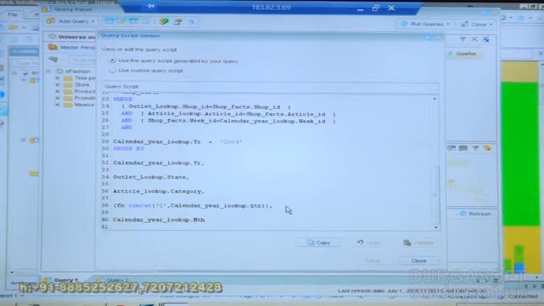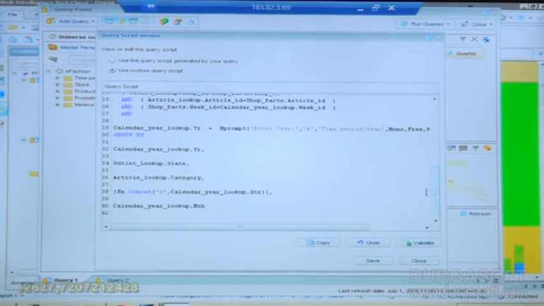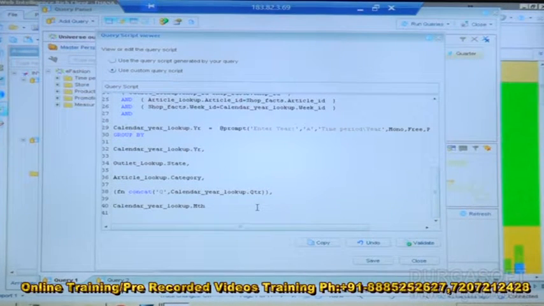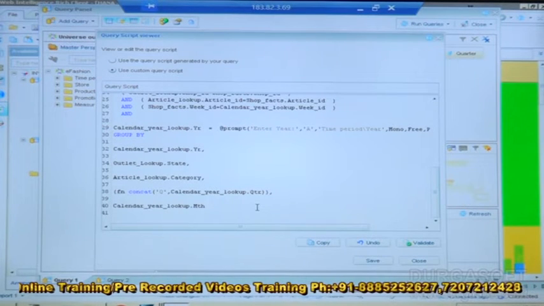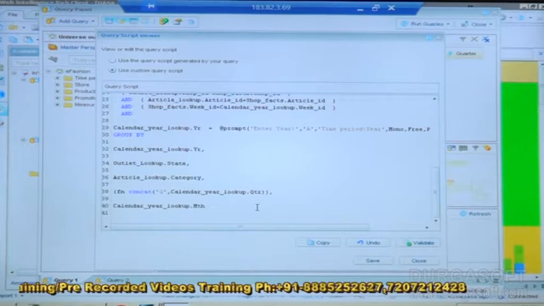If you want to do any activities on this part, like you want to use a custom query, just click here. I can write my own custom query as per my requirement. Like in the joining option, we can write some complex queries which will run on the fly and do some activities while getting the data. So this SQL plays a major role while getting any information on this particular event.